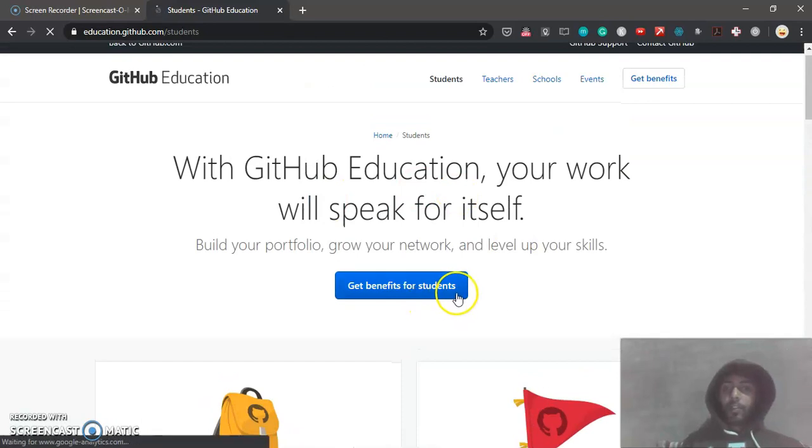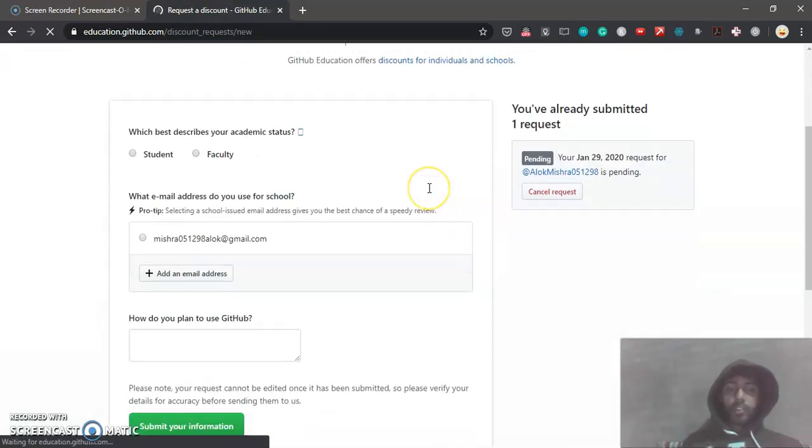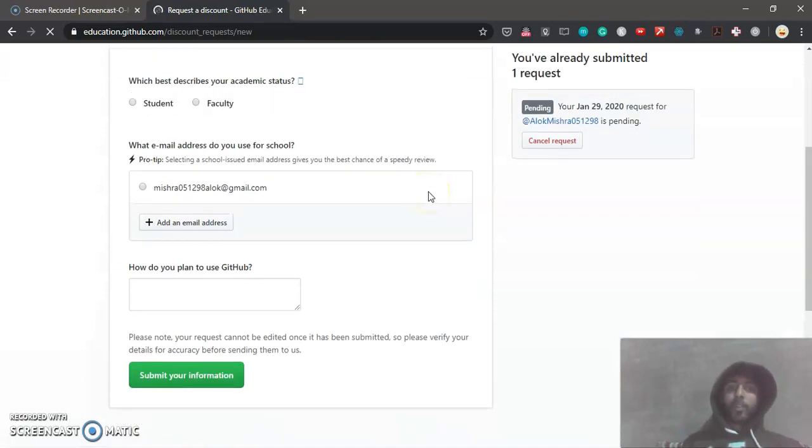Get benefits for students, click that button. You will be redirected to that page where you have to select student.